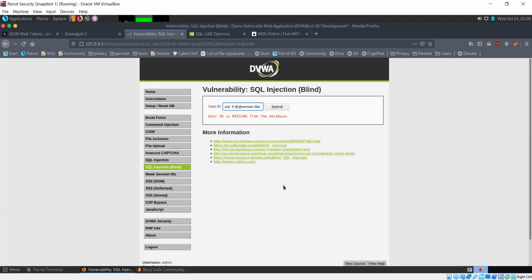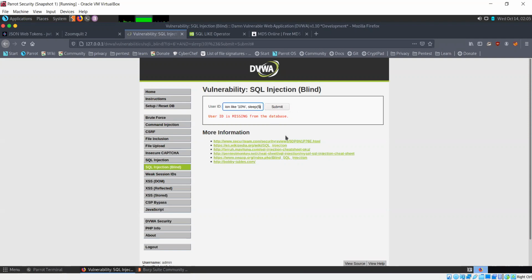LIKE, and we'll specify '10%', because you don't know what comes after 10, 10 point something. What is after the point? We don't know currently. So if this is the case, we'll tell it to sleep for 5 seconds.